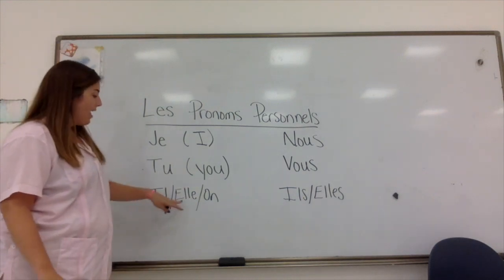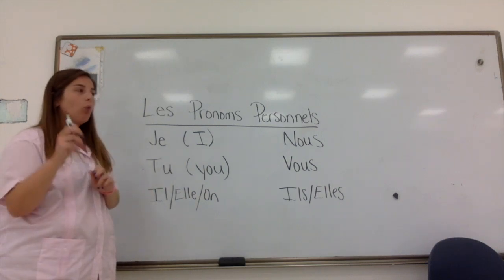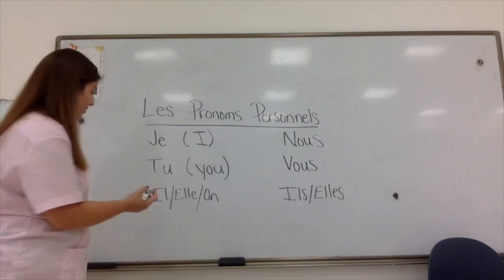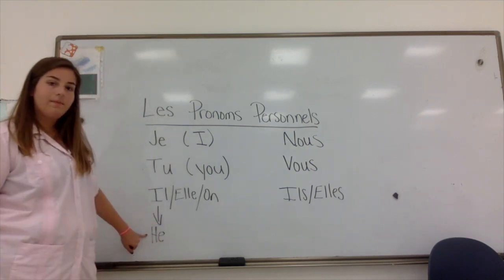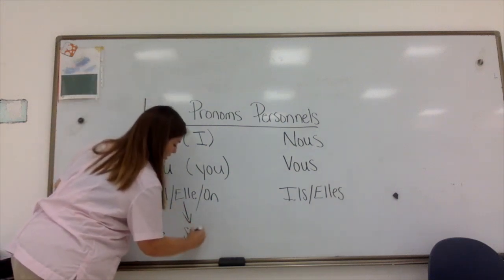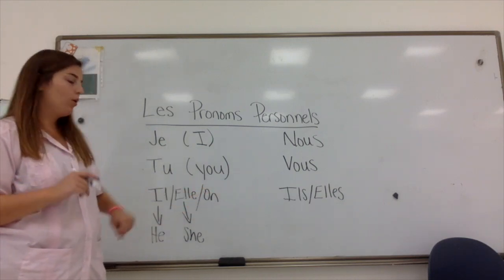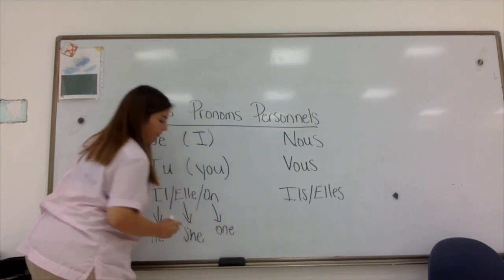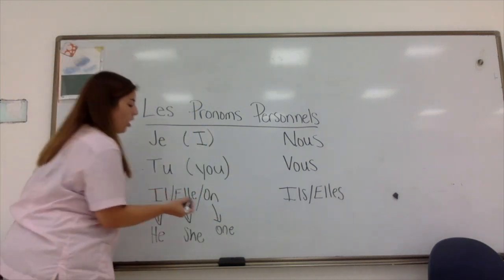Il, okay? Elle and on, okay? They're grouped together, and you'll see why soon when we start learning about conjugating verbs. Il means he. So I'm going to write he at the bottom. He. Elle. She. Okay? And you have on, for example, one thinks, okay? Or it can also mean